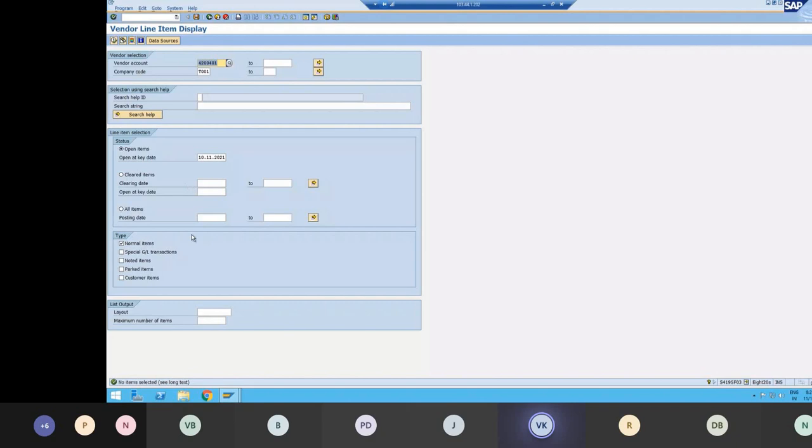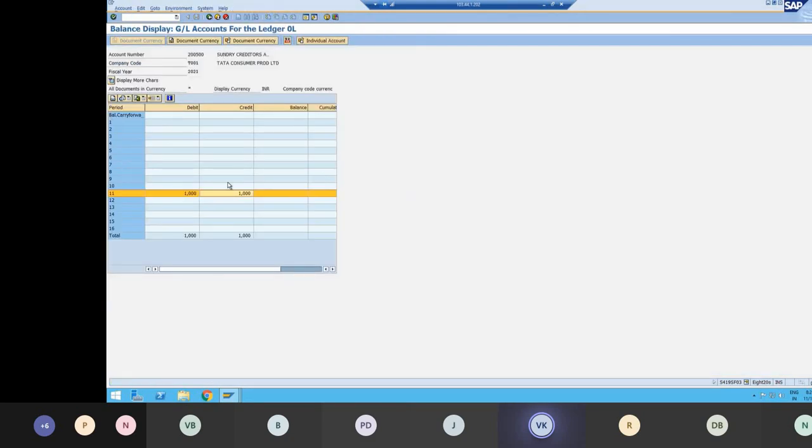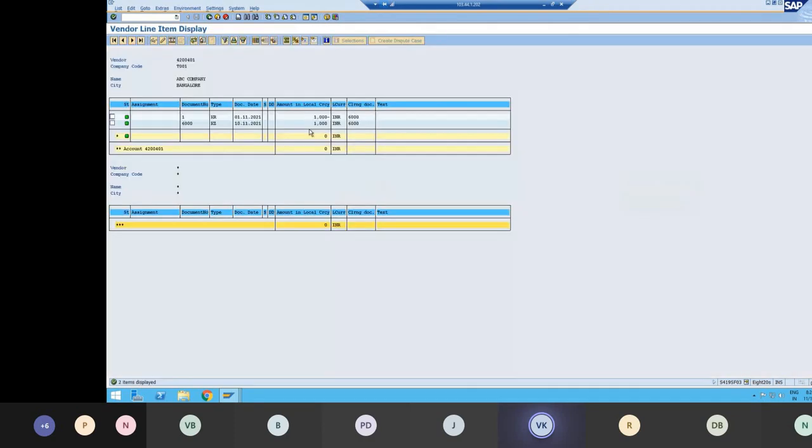That is, whatever the invoice was, it was paid. So you can see the balance is 0. Similarly, at the GL level also, debit is 1000 and credit is 1000, so balance is also 0. So at the back end, the system is updating the main GL, that is the recon account, automatically based on the postings we are doing to the respective customers or vendors, and those postings are happening based on the recon account which is maintained in the vendor master data or the BP master data.